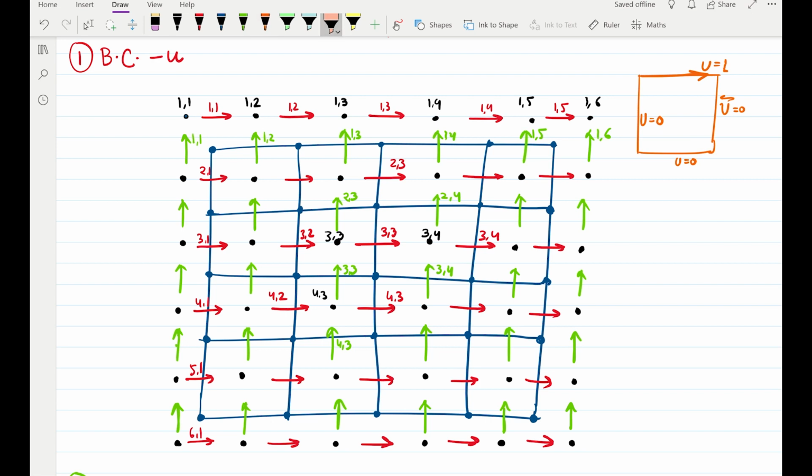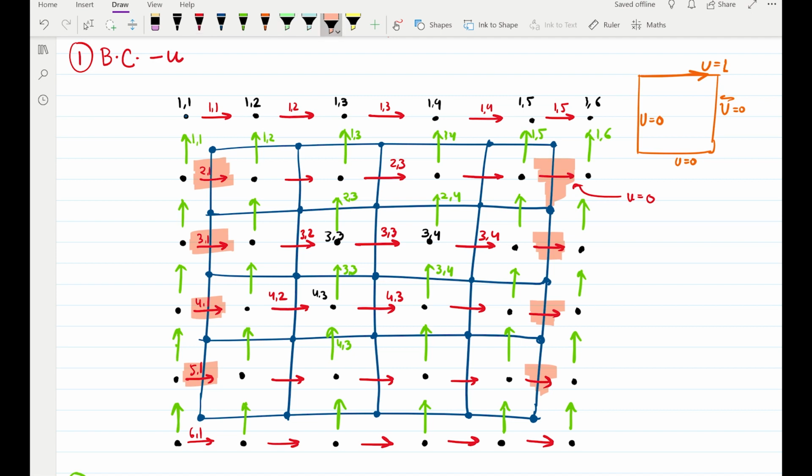So first, if we look at the left boundary, we know that some of the u velocities are lying on the left boundary itself, and whenever we want to apply that boundary condition, we can simply assign these to be equal to 0. And the same thing happens for the right boundary, that we have certain u velocities that are lying on the boundary itself. So for them as well, we can say that these u velocities can be simply treated as 0.